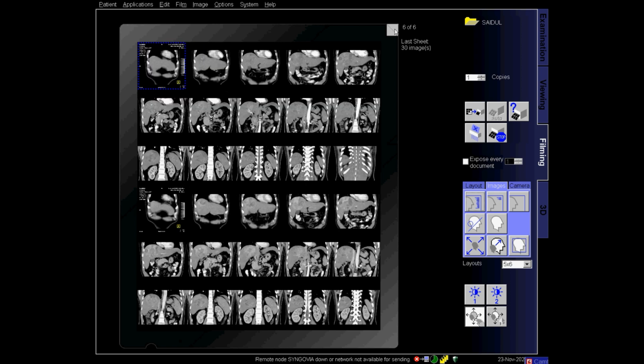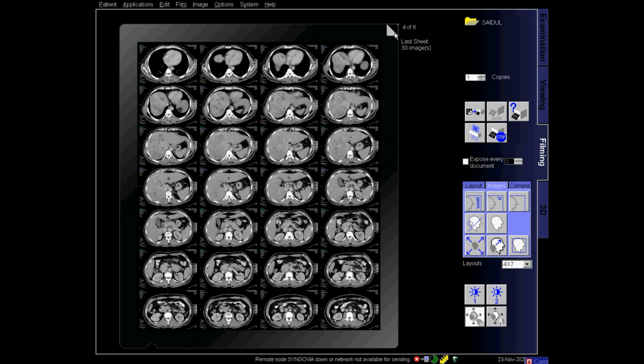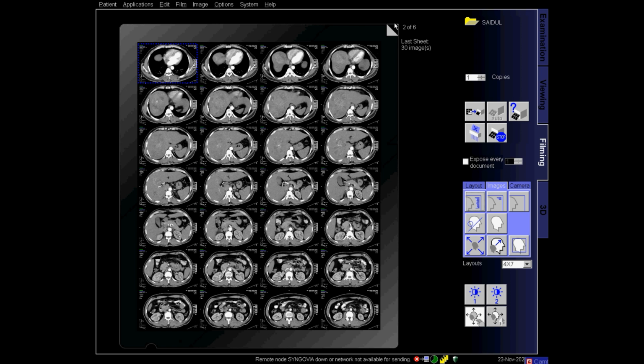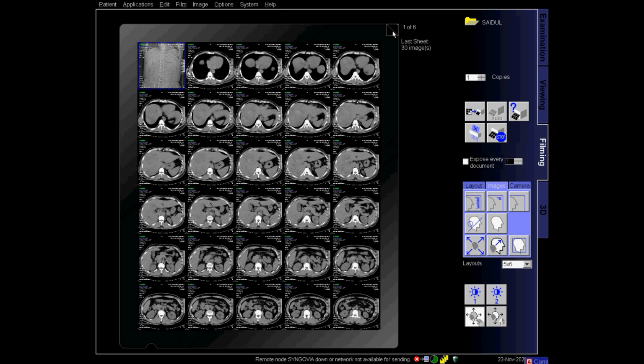I am trying my best to share my knowledge and my experience with you all, the radiographers. Hope you the best. Keep learning, keep practicing, and it will take you to the upper level. There is no limit of learning, no age limit of learning. You can learn at any age. And don't be shy to ask questions, don't be shy to gain knowledge.